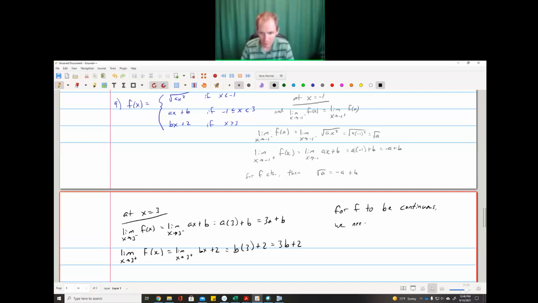We need the limit as x approaches 3 from the left of f of x to be equal to the limit as x approaches 3 from the right of f of x. So 3a plus b has to be equal to 3b plus 2. Right. So now,